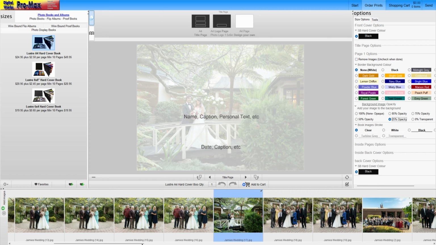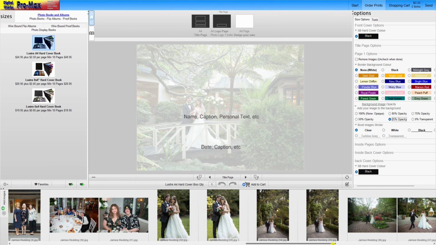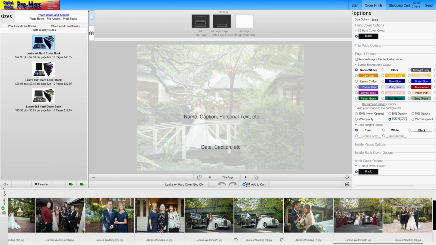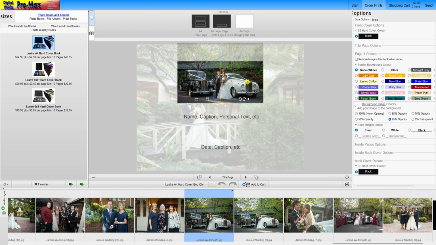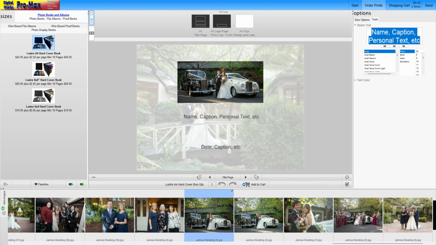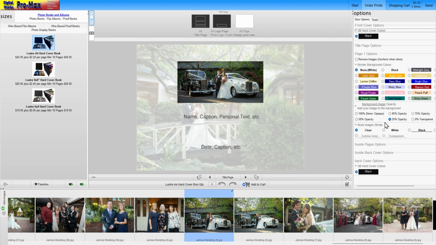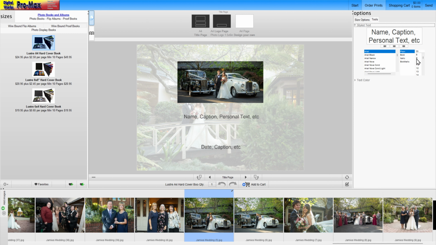So now we will enter in our foreground image, which I think we'll use these cars here. Drop them in there and line them up nicely on the page there like that. So we'll just do that by clicking and dragging the image to where we want it. That looks good. So now I'll click on the text section here, and you can see the text options come up over here on the right hand side. If it's still on the wrong tab here, you can just click on Tools and that'll bring up the text section there. So we're going to change this text to say our